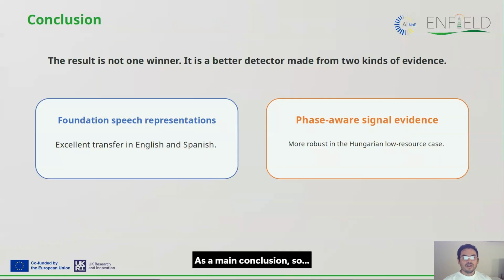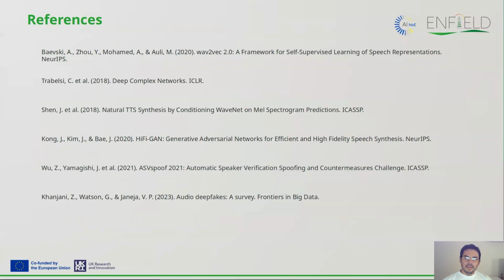As a main conclusion, depending on the application, you need to design a specific algorithm, or you can blend with a general-purpose model in order to extract the information needed to reach the threshold of the metrics that you are looking for in one specific area. In this case, security risk, or fake voice detection.